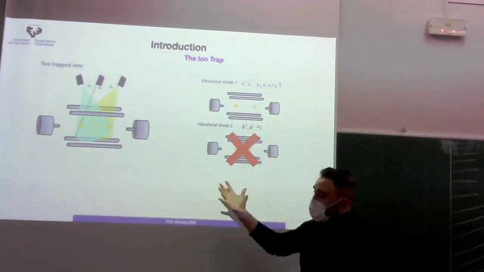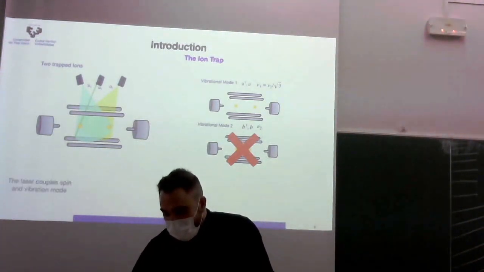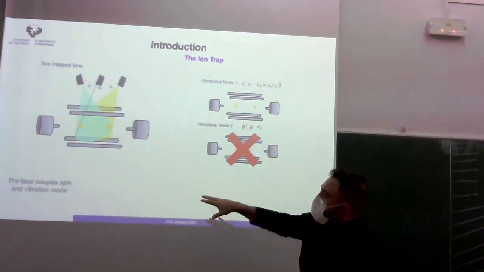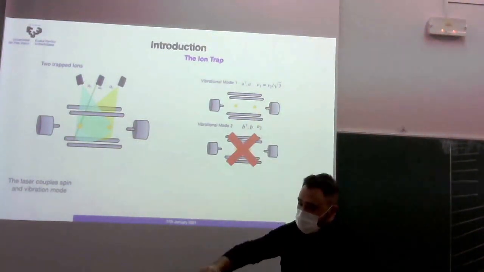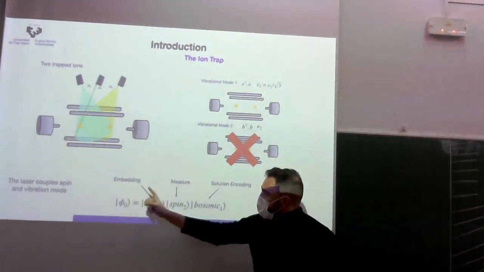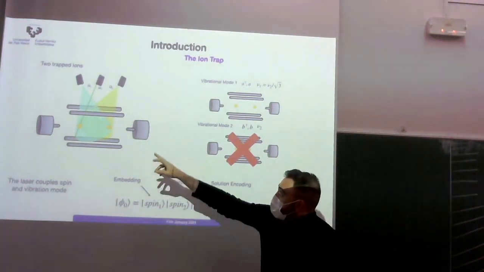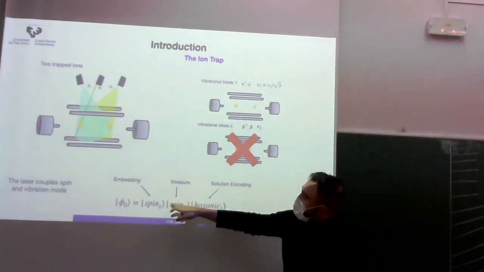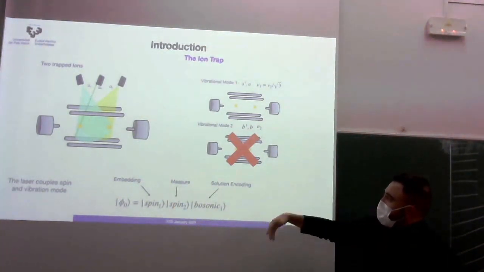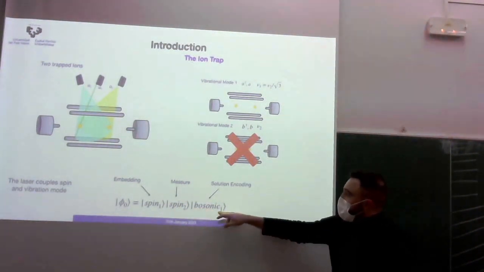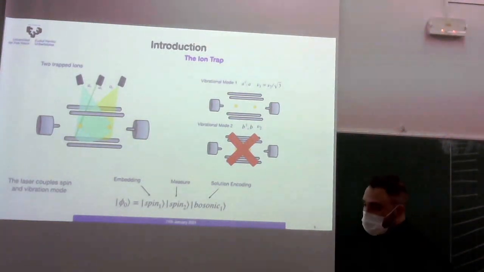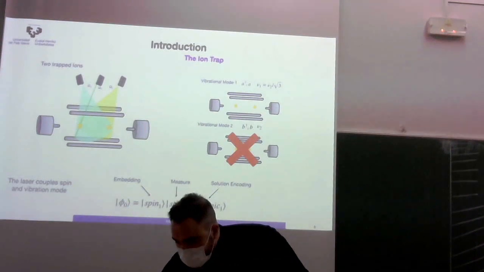So essentially, the Hilbert space in which we will be solving our problem will couple the spin with the first vibrational mode, and we will have a state that will have the embedding part corresponding to the spin of the first ion, the second spin that we will use to measure and retrieve the information, as we will see later, and we also have the bosonic part in which we will encode the solution of our problem and operate with the momentum operator. So how do we encode